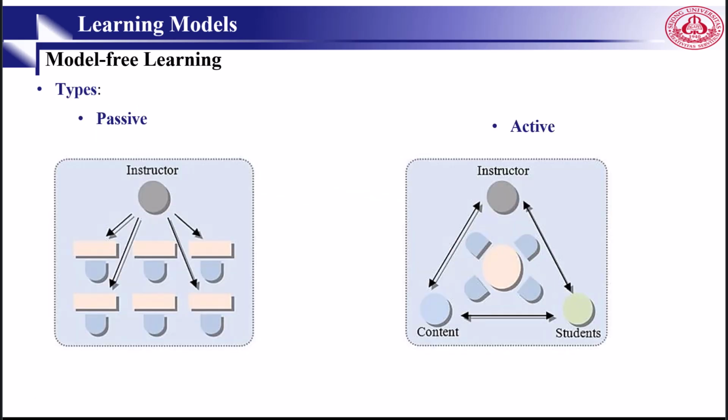In the category of model-free learning, there are two types: passive and active. In passive reinforcement learning, the agent follows a fixed policy and simply evaluates it. The objective here is to learn the value of the policy. We don't want to improve it. However, in active reinforcement learning, the agent must evaluate and also improve the policy. The agent chooses actions, explores the environment, and updates the policy based on observed outcomes. Most real reinforcement learning tasks are active learning. We want the agent not only to evaluate, but to discover the optimal policy.